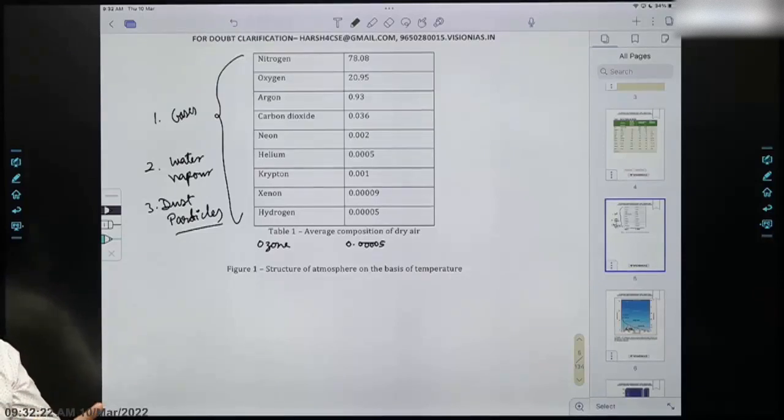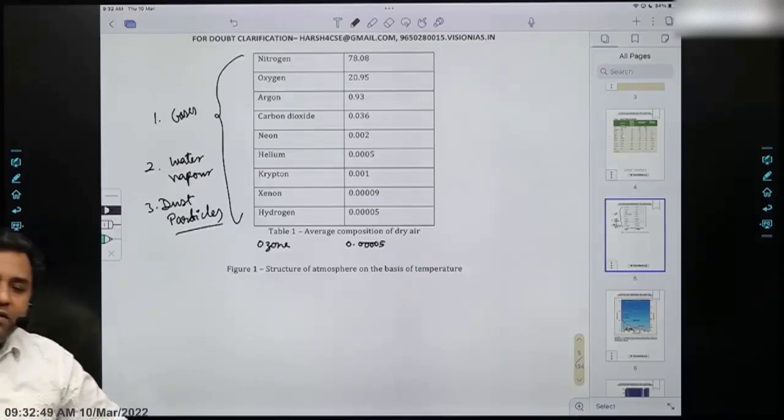ठीक है. One, temperature. Second, as you said, temperature, precipitation, stability, cloud, and it also refracts the light. ठीक है. Dust particle and water vapor both have this role. Both of them go on to refract light. ठीक है. Then let us come to the next thing. So water vapor का role हमें समझ में आ गया broadly. ठीक है. Then next, dust particle.